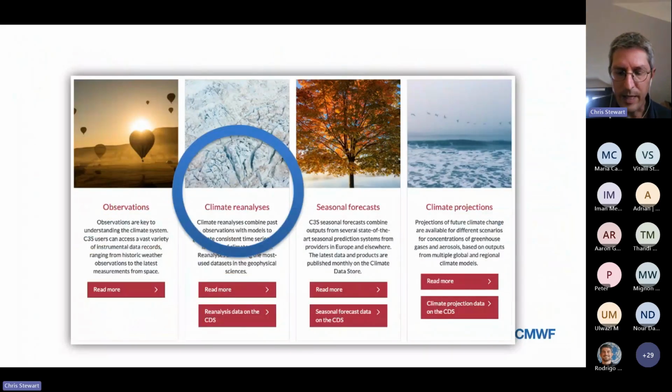So what I'm going to do in the next few slides is go through some of the key data sets that you can access for free from C3S. I'm not going to dwell too much on the observations. I'm going to go straight to reanalysis, which basically combines the observations with the model to provide a very good